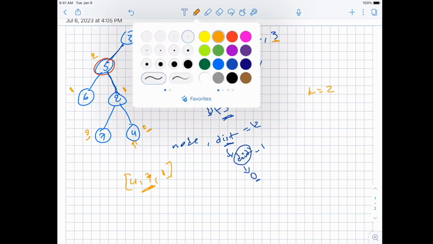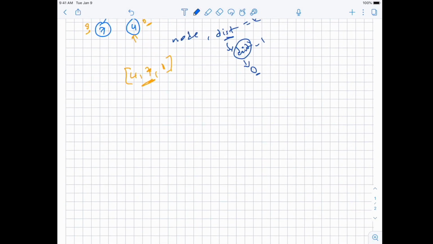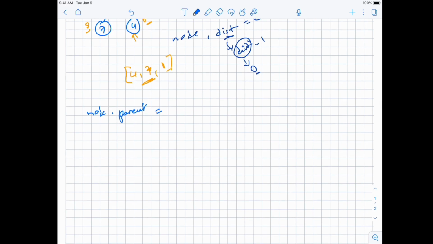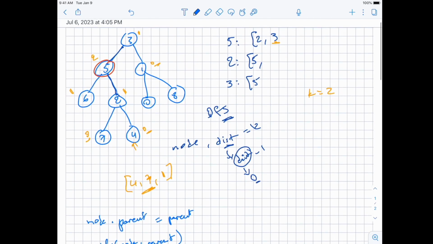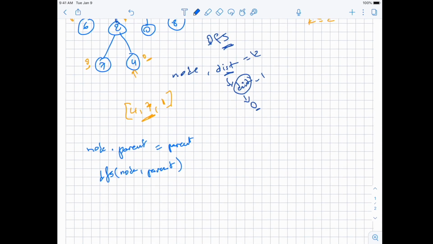The second way to do this is, for each node, we don't have the parent, so just mark the parent. We just do a DFS pass to mark the parent of a node. This can be easily done by using a DFS and passing to the DFS the node and the parent. Once we do this, we'll have the parent for all the nodes. Then we can do, for example, a BFS pass. It's easier with BFS, where each time we traverse both the children and the parent, and then we find the one that is a distance